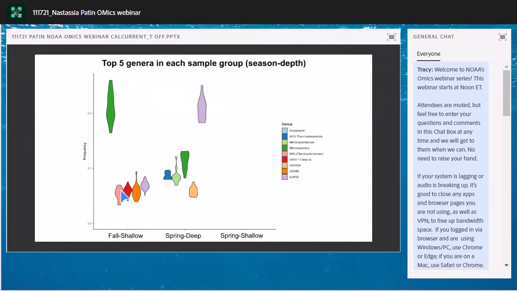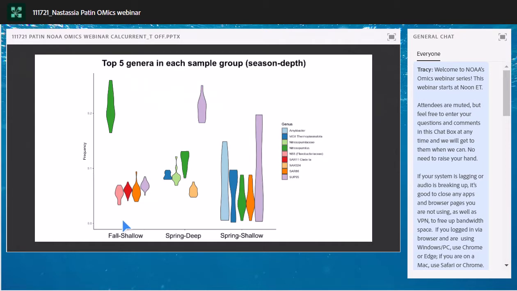If we start to take a look at the top 5 taxa in each sample group, don't worry so much about the names of these taxa over on the right-hand side. I mostly want to point out that in this plot, we have our fall shallow set of samples, where we can see that the groupings are pretty tight. They're all fairly similar to each other across all the samples that were taken. Same thing for the spring and deep samples. But then when we get to our spring shallow samples,